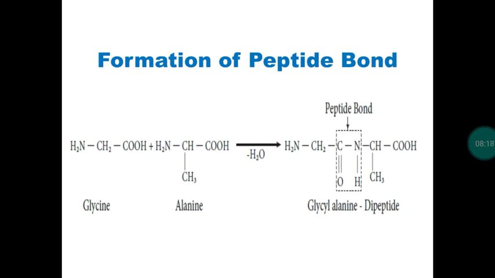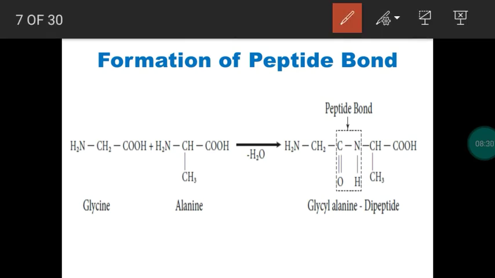Next, public 3 marker. What is a peptide bond? Give an example. So a peptide bond means a bond formed between alpha amino acids. When 2 amino acids are combining, there will be a bond formed between the amino acids. We call it a peptide bond. For this peptide bond formation, the carboxylic functional group of the first amino acid will combine with the amino group of the second amino acid. So this is the combination.